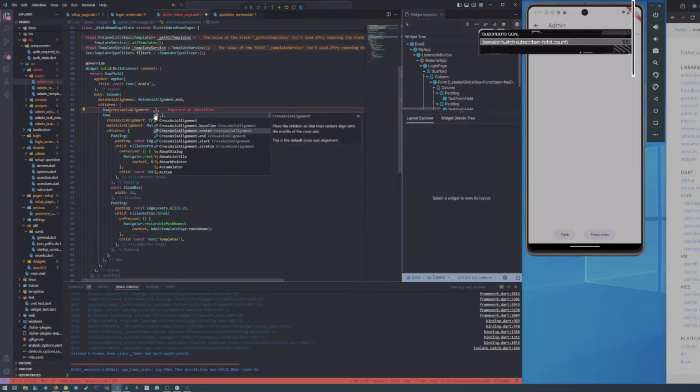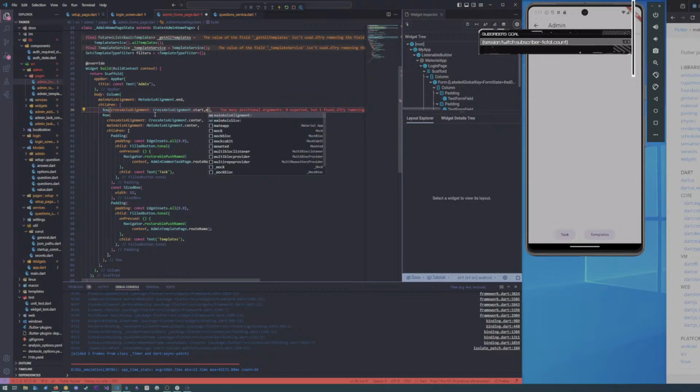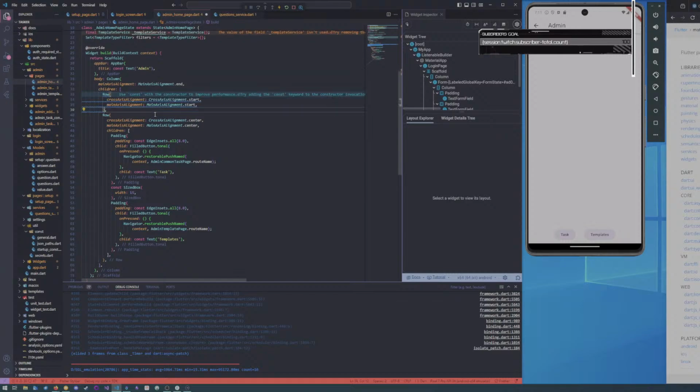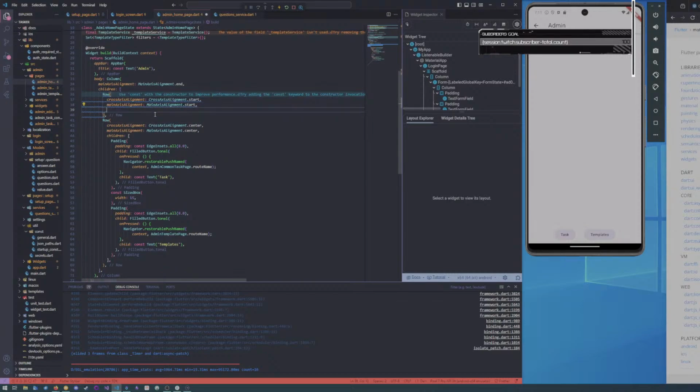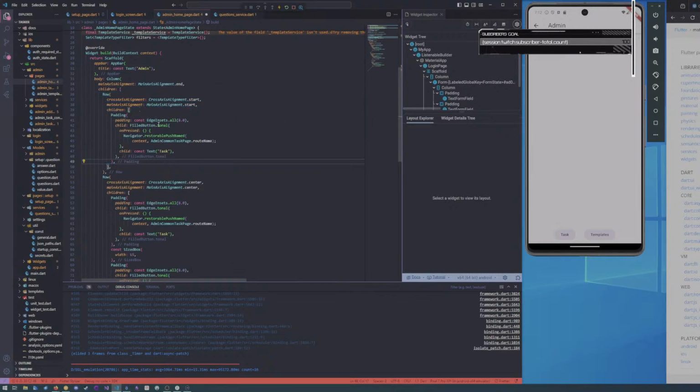So this cross alignment we're just gonna set to start, which should mean left. Main axis alignment, we can put that in center or start. Then we want the children, and this could literally just be a copy right here of this padding. This is basically the button template that I've been using for this. And we want this to be the